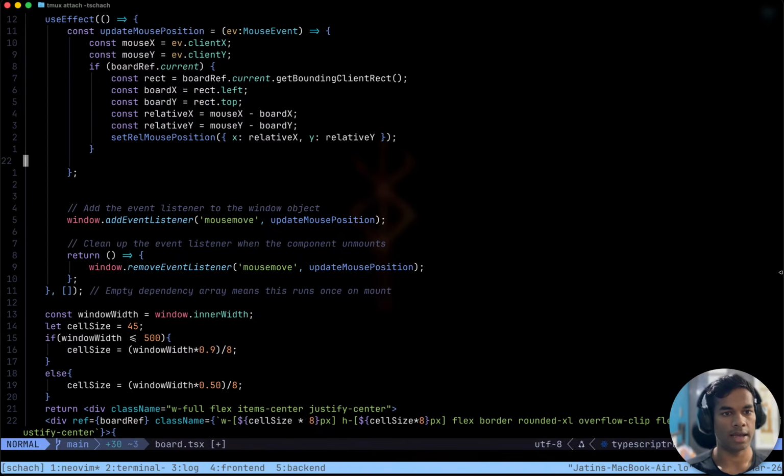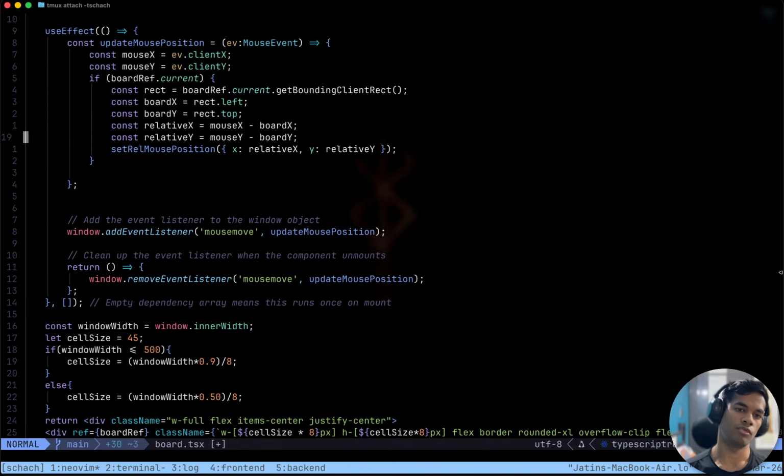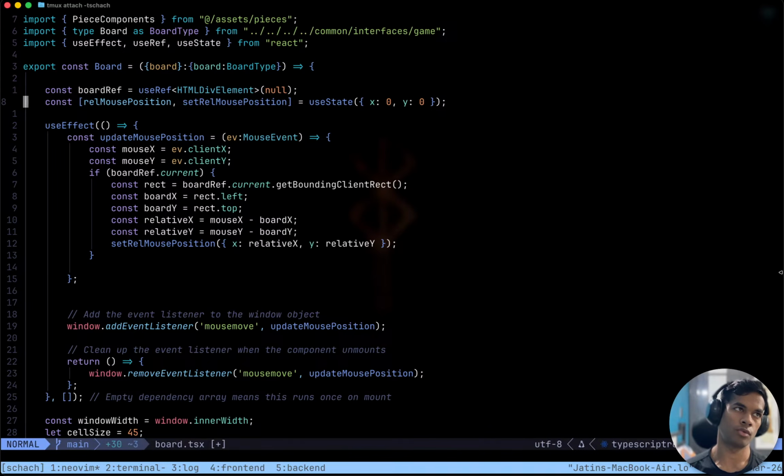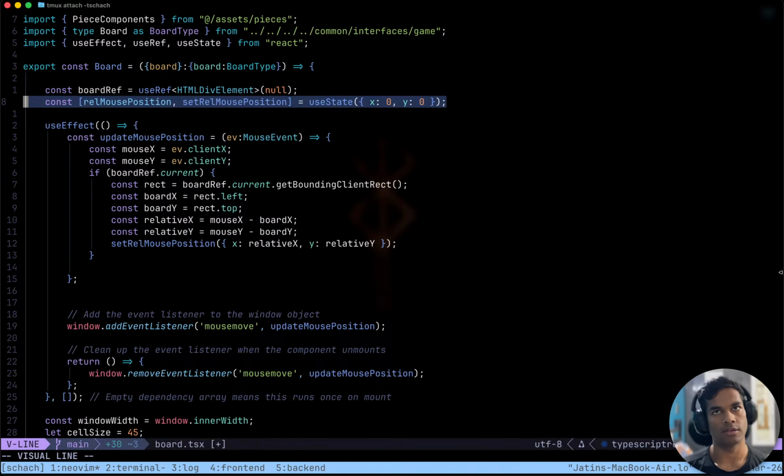Now after getting these positions, we do have to store the positions. Do we have to store the positions in this element like this, in user state?